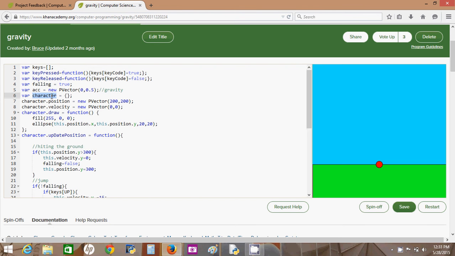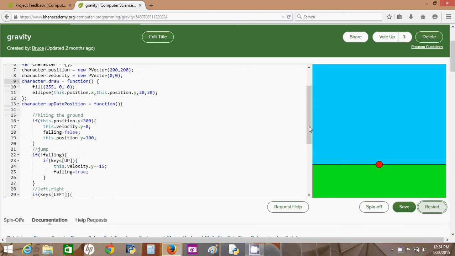Here's the character object. Its position and velocity are both p-vectors. So I just start them out at 200, 200, and somewhere in the loop I call the update function, which causes him to fall. The character's draw method is really simple. It just sets up a fill color and does an ellipse at the character's position.x and .y values. The update function,